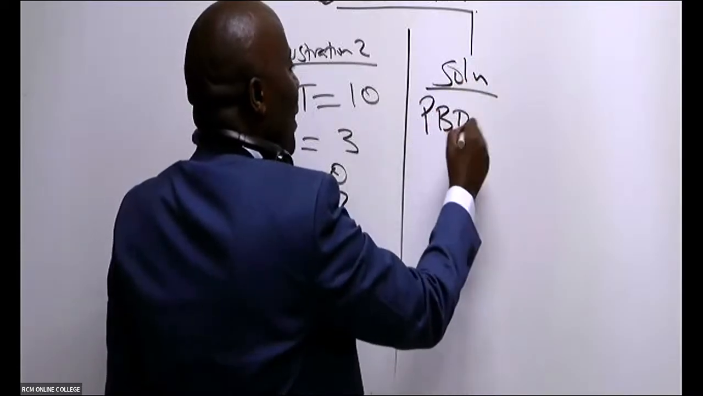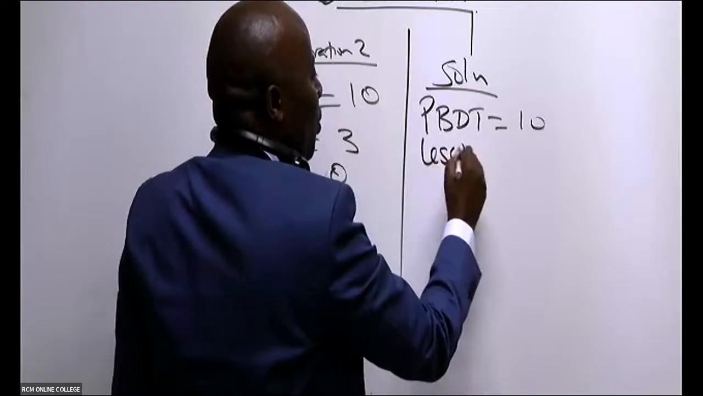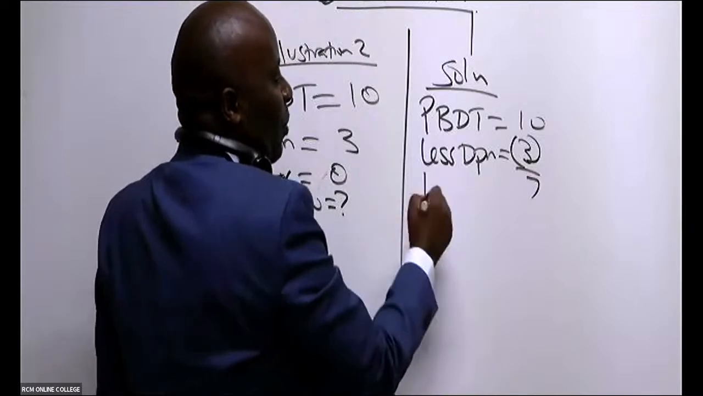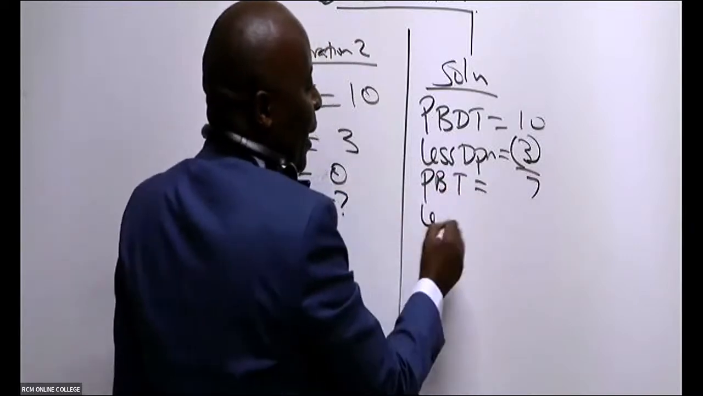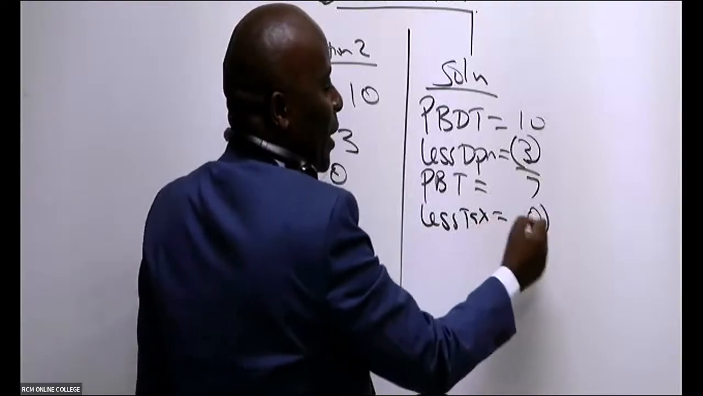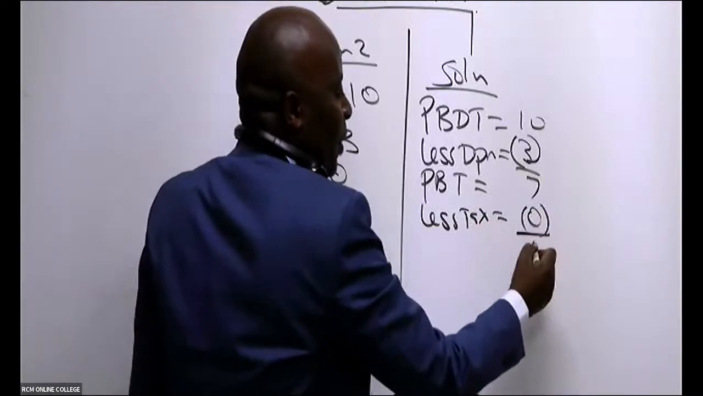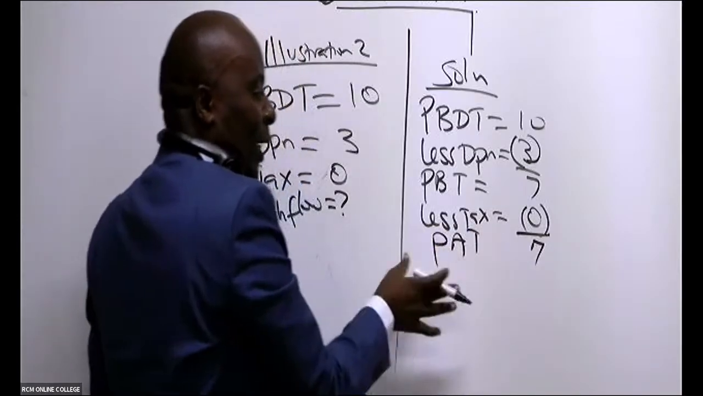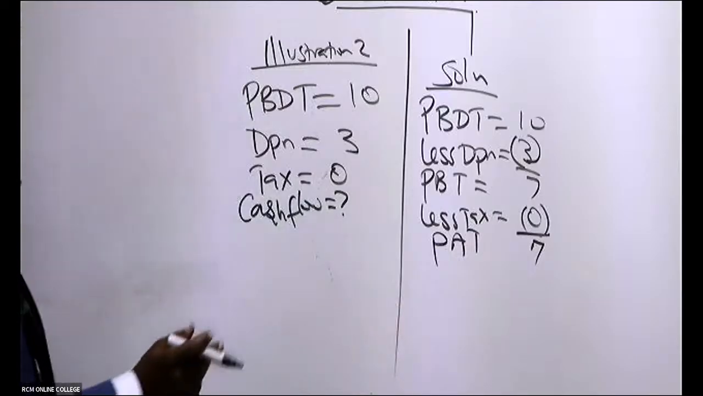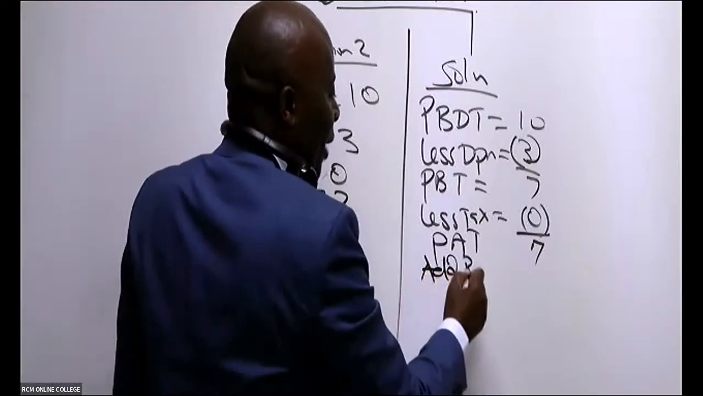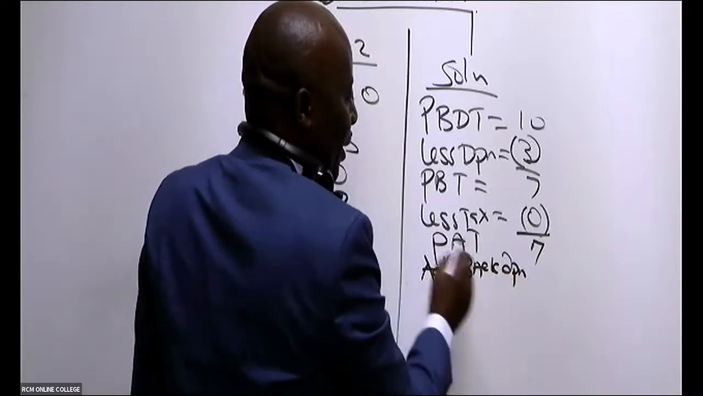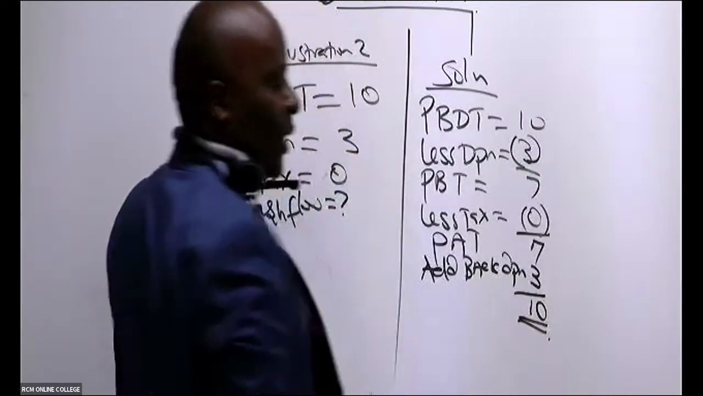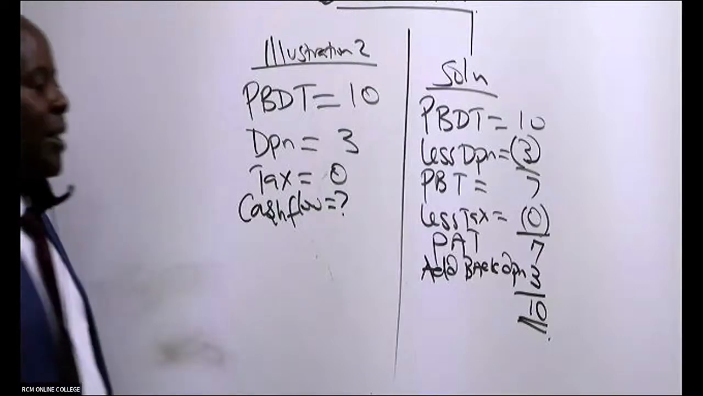Solution. So this PBDT is 10. Come and say less depreciation of 3, isn't it? You get 7, right? So this will be profit before tax. Less tax, which is comfortably what here? 0. So 7 minus 0 gives me 7. First you must arrive at PAT, isn't it? So PAT is 7, and then you come and add back depreciation of 3, which gives us 10, isn't it? And this is your cash flow,